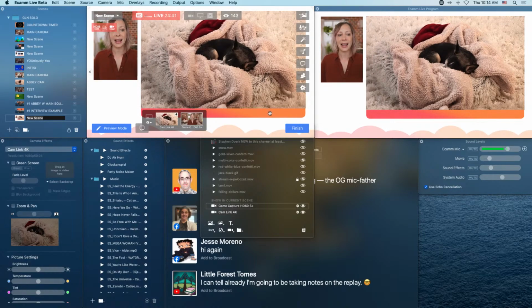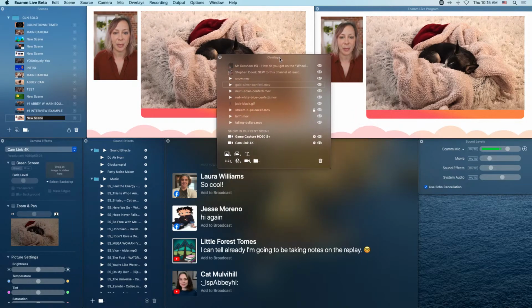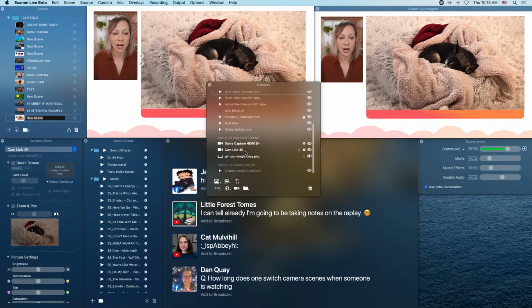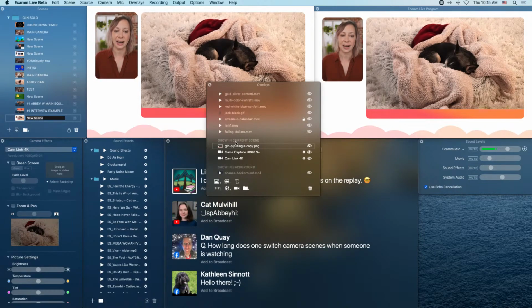Now, you see, it kind of looks bad, right? The boxes are over the overlay. So what we wanna do is come back to this overlays box and make sure that our layers are set correctly. This needs to be on top of the cameras. Then we have the rounded corners and the edges there, okay?